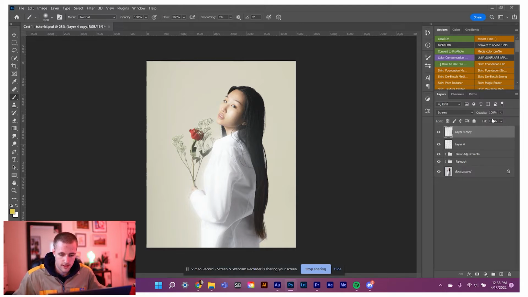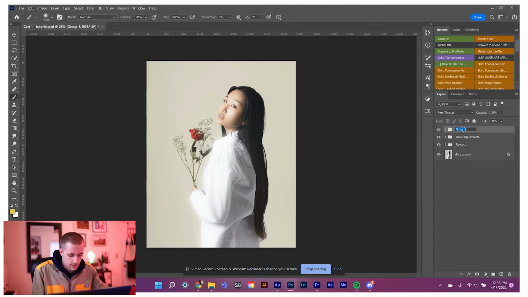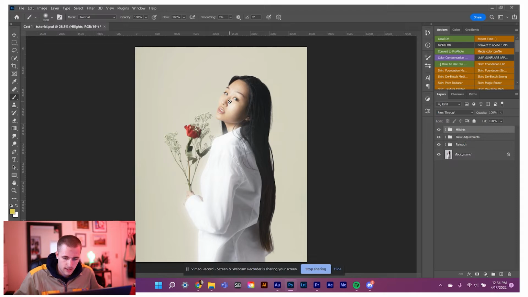So now that you have both of these, you can play with the opacities to get the effect that you want. And then I like to put it in a folder, label it highlights or something. Oh, I spelled it wrong. That's okay. Anyway, now that we've done that, I'm looking at it, clicking it on and off, and